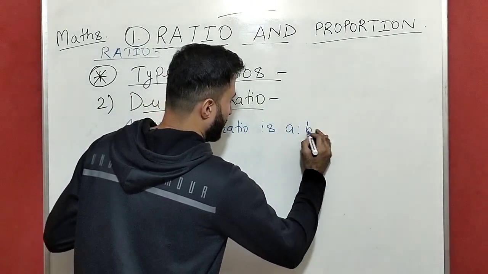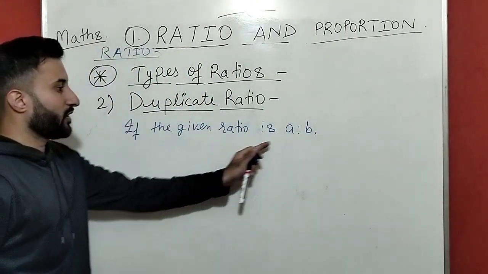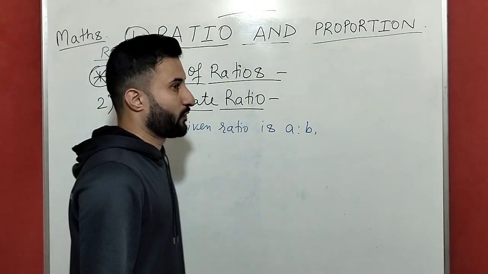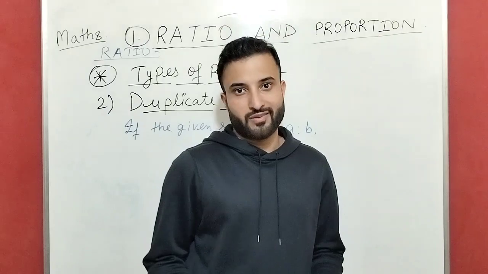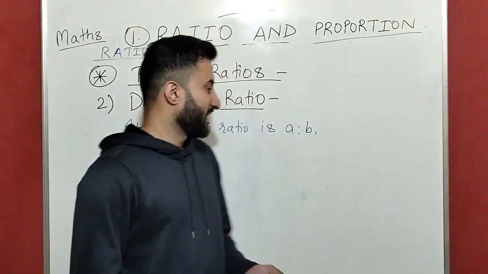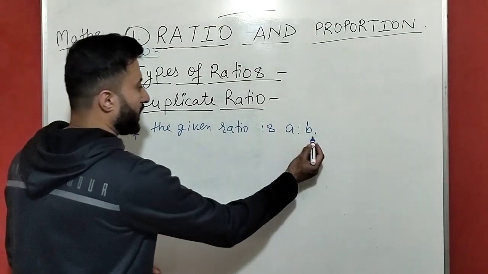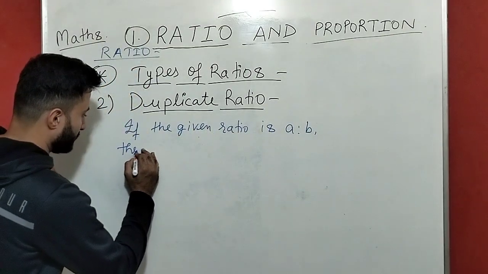Suppose the given ratio is A is to B. If you want you can take X is to Y, your favorite, but I will take A is to B. If the given ratio is A is to B, then